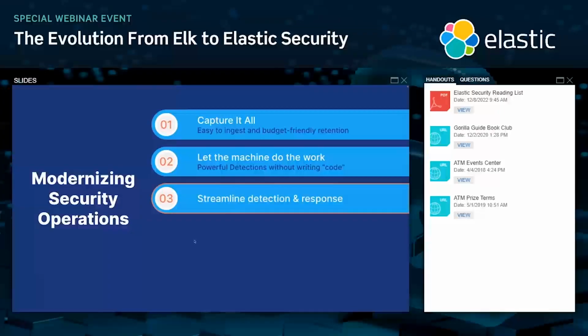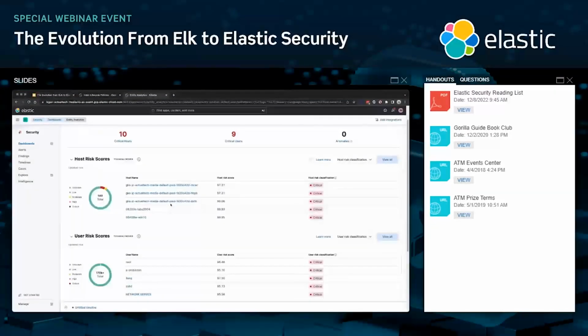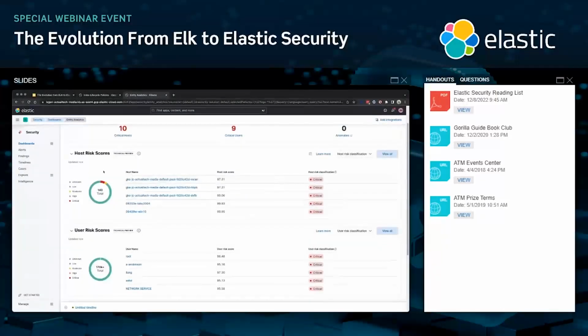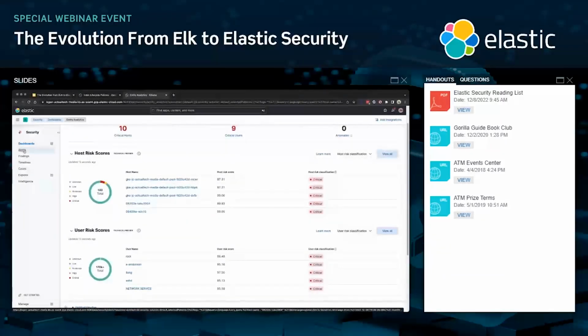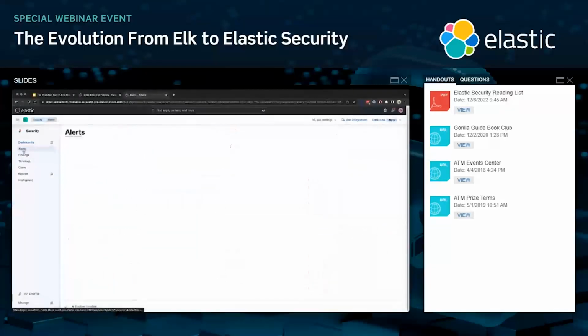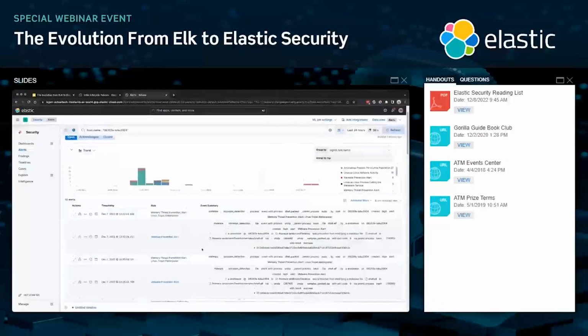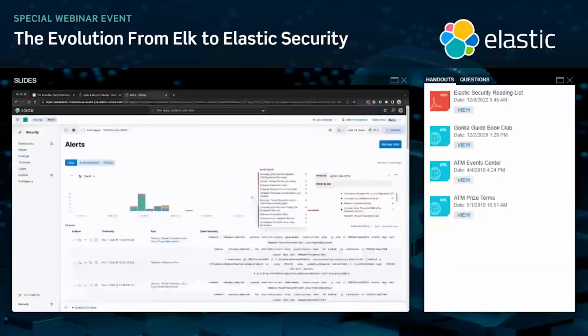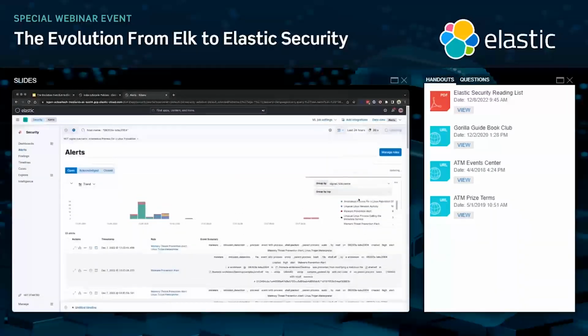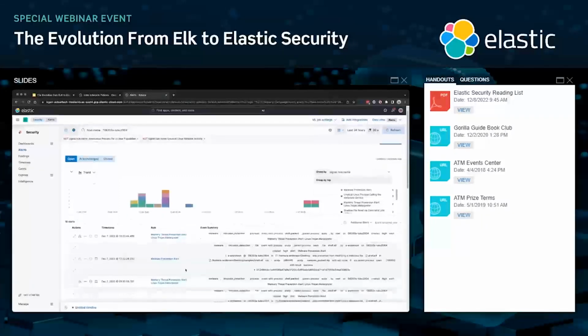So jumping back into Elastic, we were already on the entity analytics dashboard, which again is a great place for me to start my day with high criticality hosts and users. Maybe I want to click a root user and drill into that user. But instead, let's stay in the security UI and let's go look specifically at some alerts. And I see that I have a number of alerts. Well, number one, I have some trending happening across the top here. I can filter in or filter out different alerts if I want to maybe hide some noise or something like that. But I can see alerts that in this case have flown in over the last 24 hours.